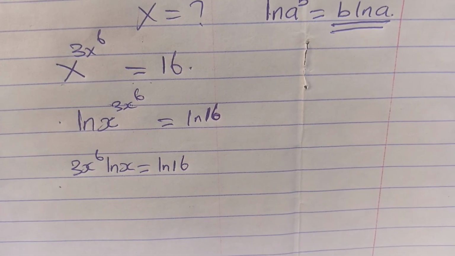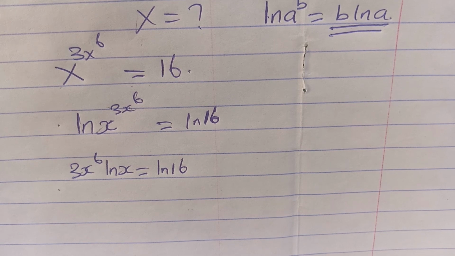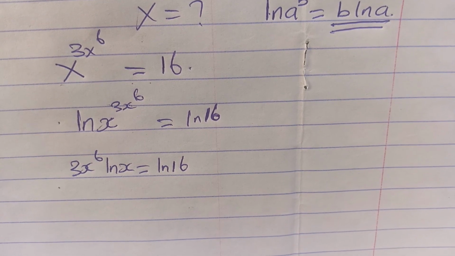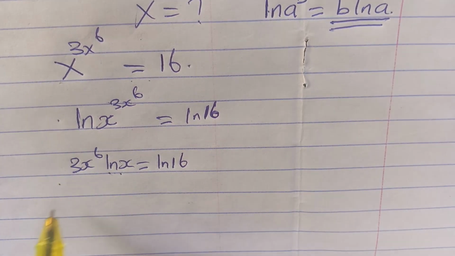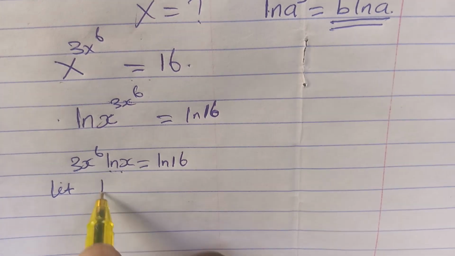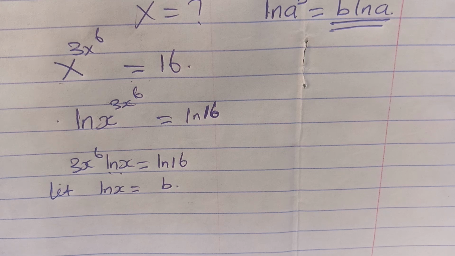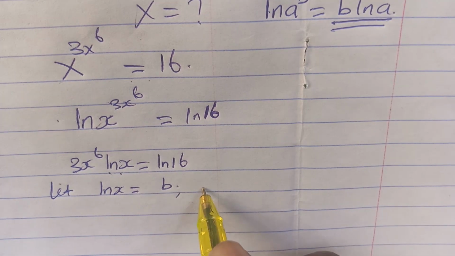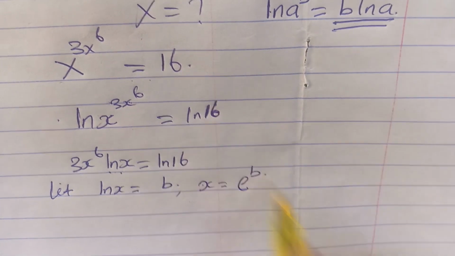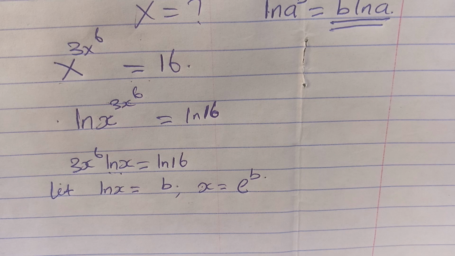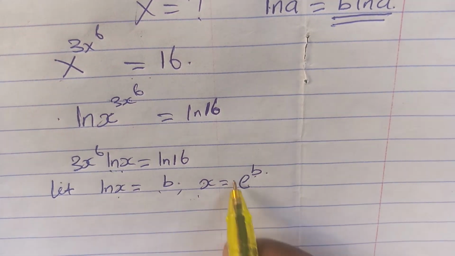Having done this, the next thing we can do is to let ln x be another value. So we can say let ln x equal b, and x equals exponential b. So if we apply this, we are going to have